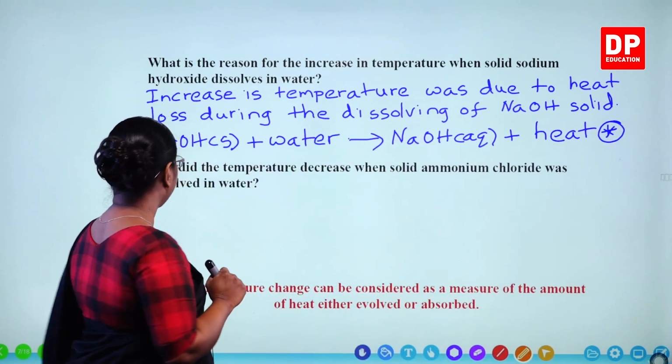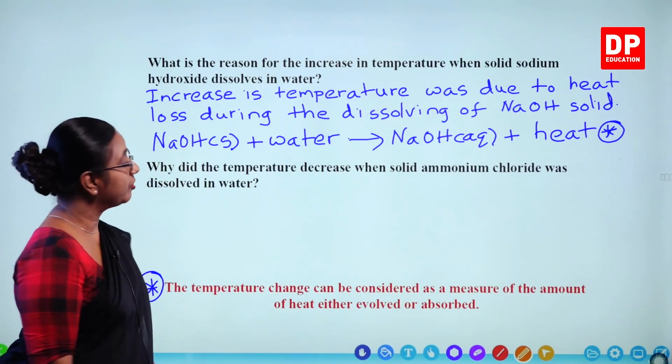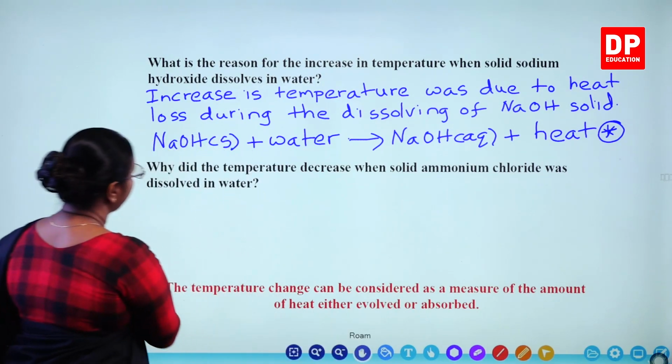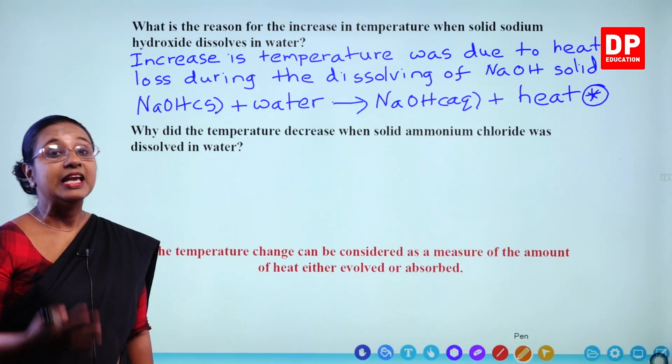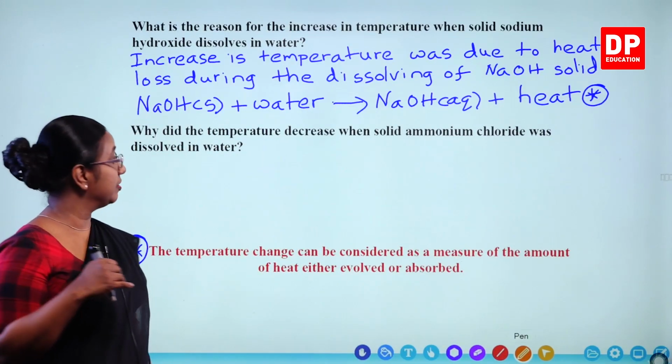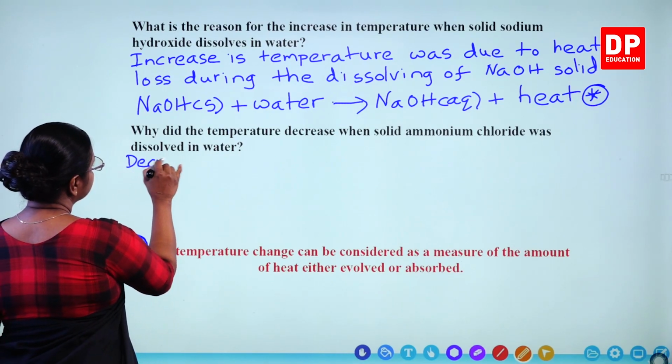But in the other reaction, why did the temperature decrease when solid ammonium chloride dissolved in water? So I think you can guess the answer. What is it? Heat was absorbed during this reaction. Decrease in temperature